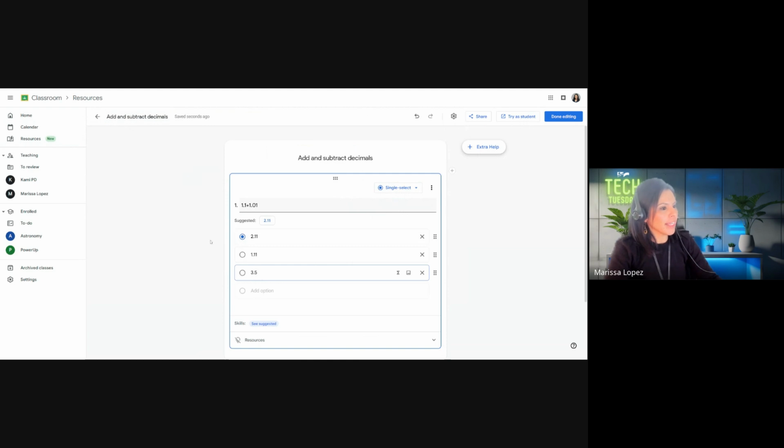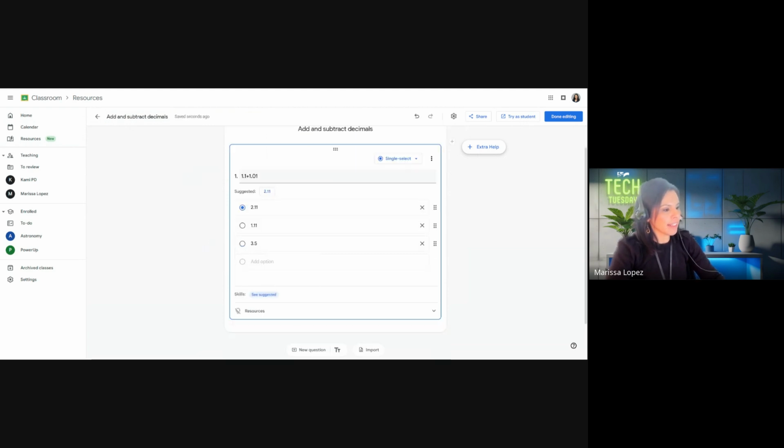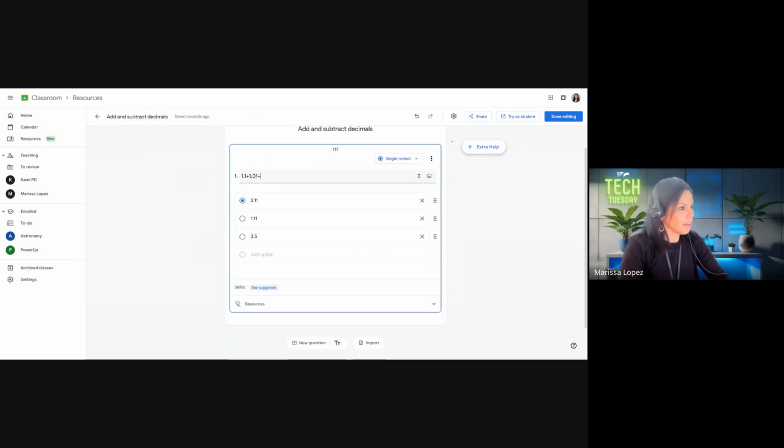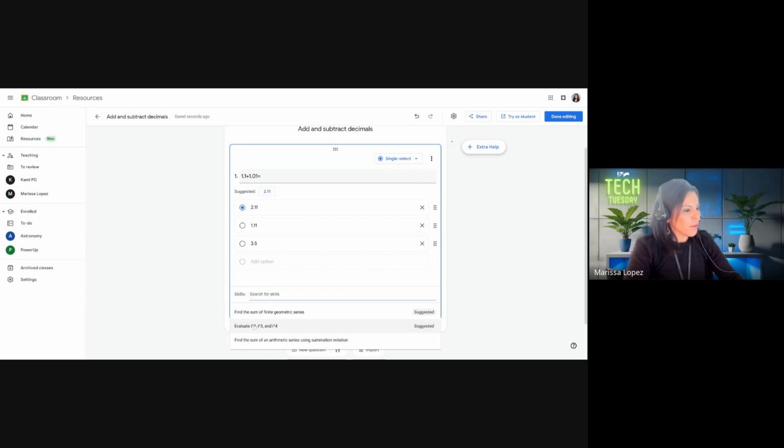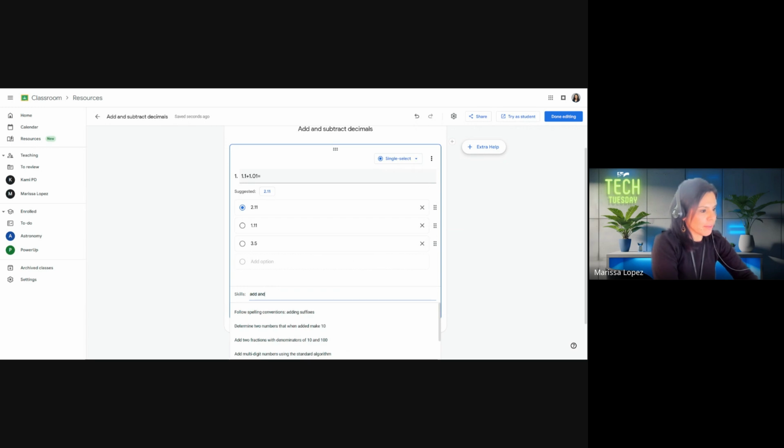And so you go ahead and select the correct answer. Here it's giving you skills, and you're going to click see suggested. So here it's trying to read what kind of question this is. Maybe if I put an equal sign or something here, you're going to click on see suggested. But if you're thinking, no, this is not really what we're doing, then you're just going to type in